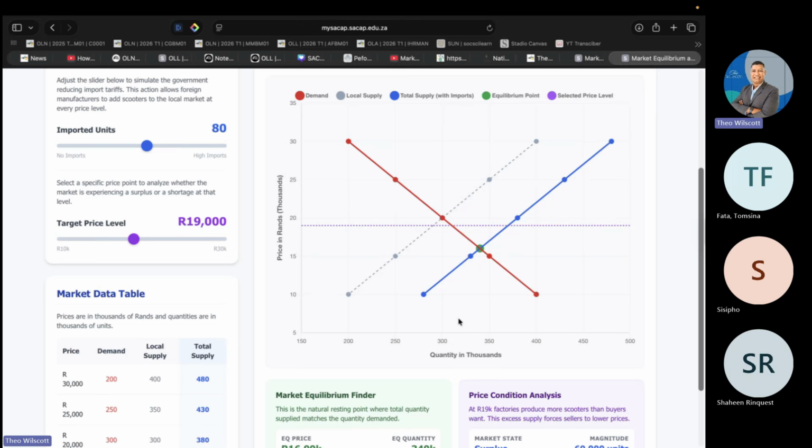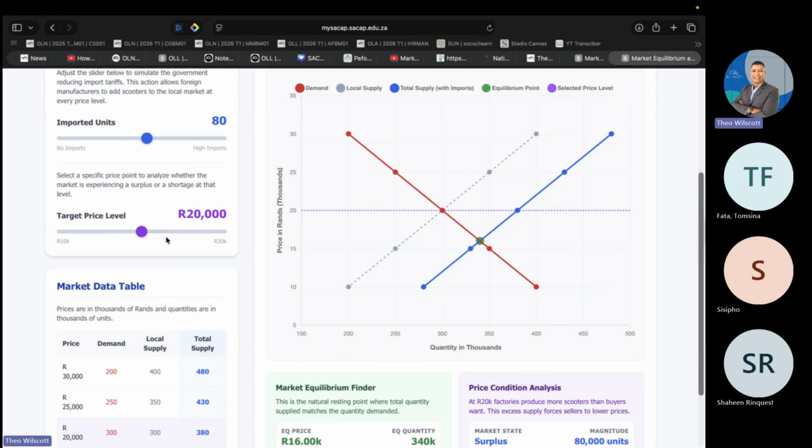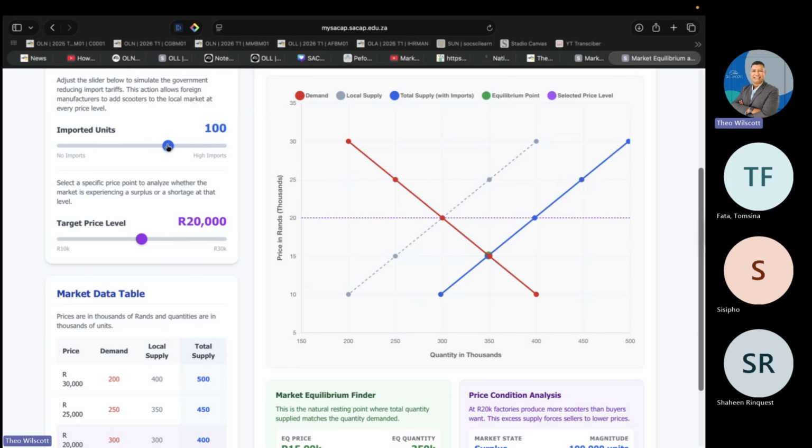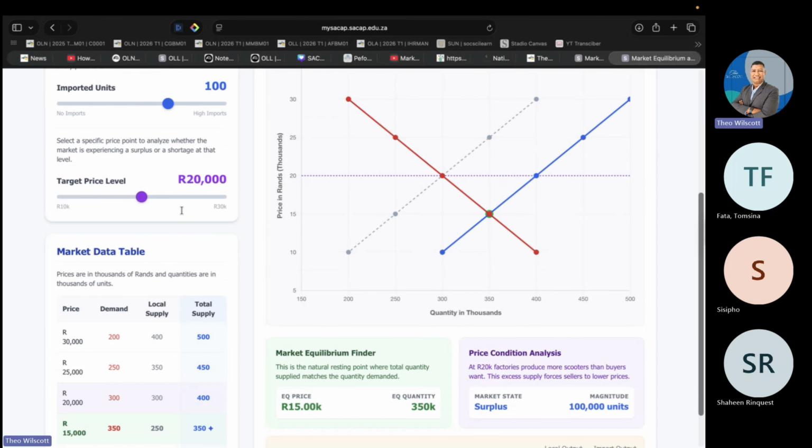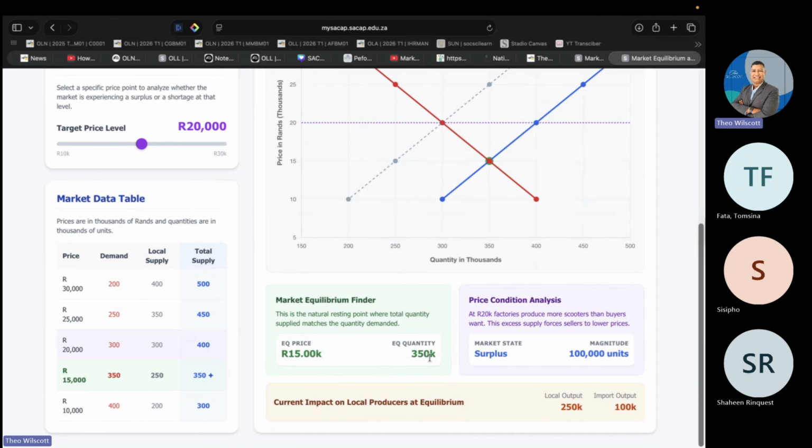So the blue one is total supply with imports, then local supply, and then demand, and then you've got the equilibrium point over there, and your selected price level. So you can say 20,000 Rand, and you're importing an additional 100 units. What would the equilibrium be? Equilibrium quantity is 350, and the equilibrium price is 15,000. But that leaves us with a surplus of